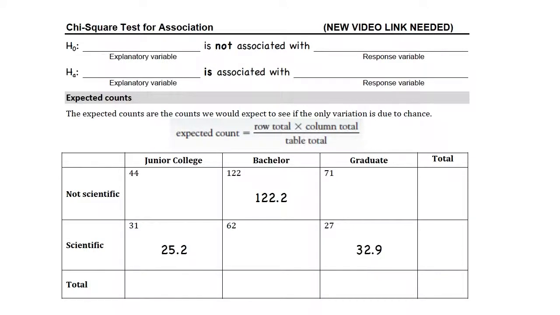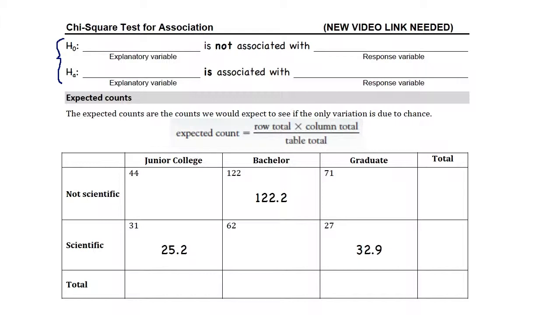The chi-square test for association gives us one test for any association between two categorical variables, even if it involves a comparison of more than two proportions. So our hypotheses always follow pretty much the same pattern. Our null hypothesis is that the two variables are not associated, and the alternative hypothesis is that the two variables